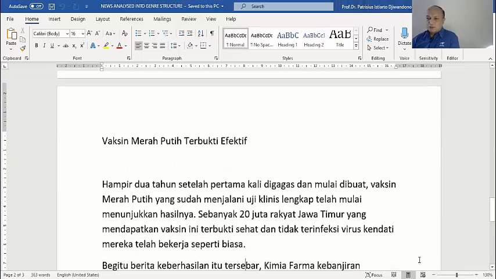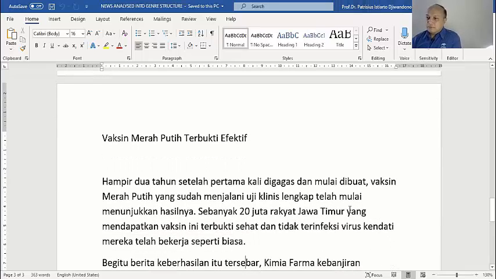So now let's go to the example. No, not example. This is actually an assignment. Look at this piece of news and then try to analyze the news into the elements: the headline, the main events, the consequence, the verbal reaction if there is any, and also comment. So you see this.